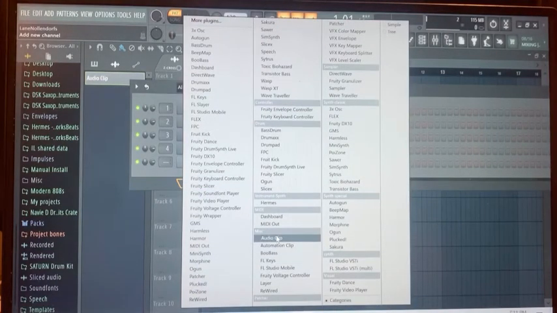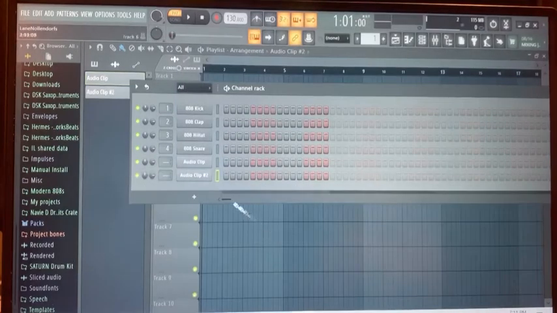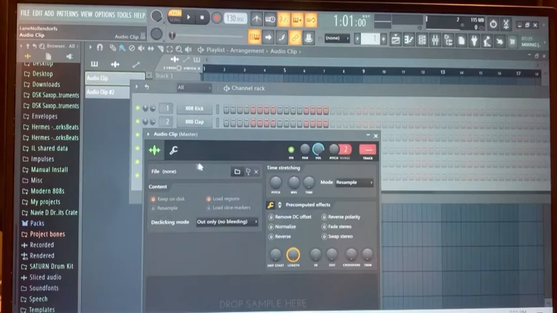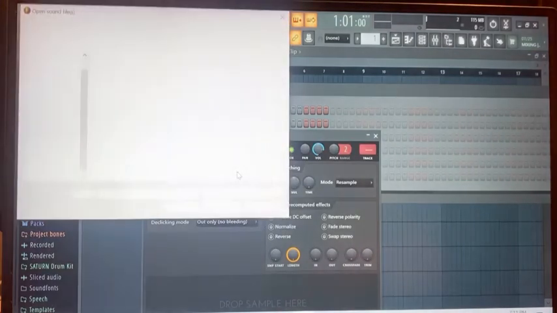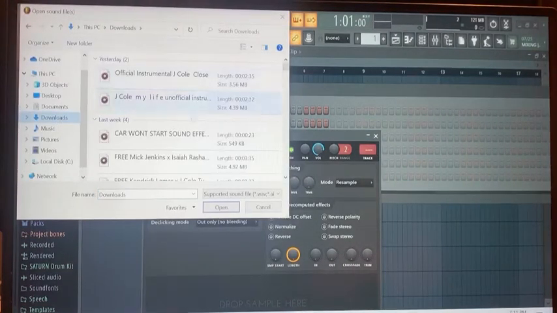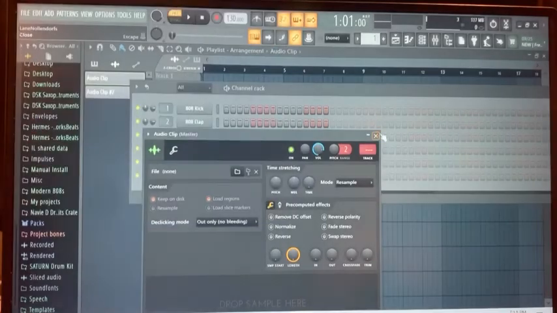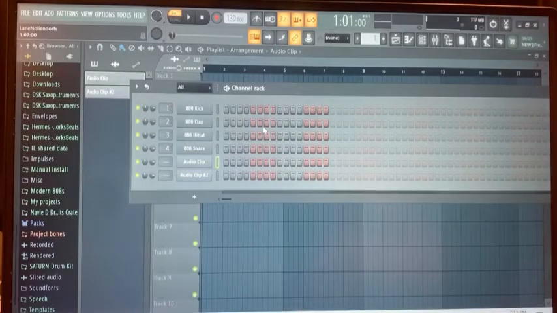Your audio clip, if you're just trying to take a beat off YouTube and make a song to it, you'll click audio clip, click it, and then you'll see this little folder right here. Click that, and then go to your downloads and just drop in your beat. Easy as that. To be able to put in other instruments, y'all, you're going to see this icon to the